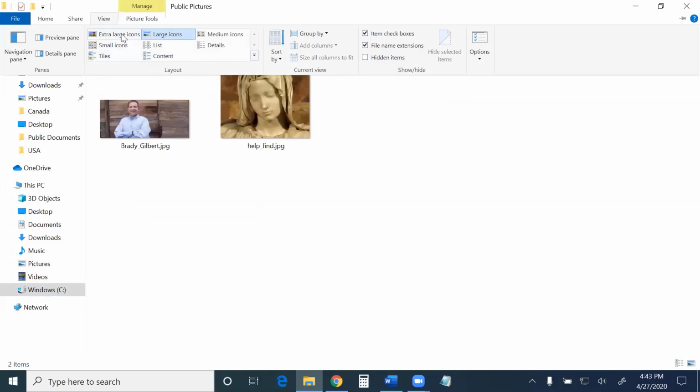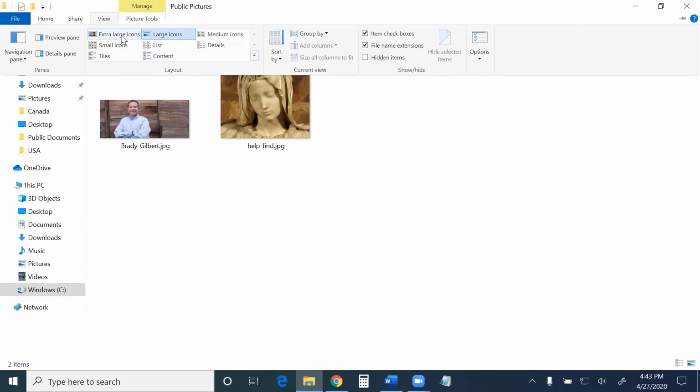If I go to extra large icons, it just makes those icons a little bit bigger. Now, when I only have a few pictures in a folder, this is very quick to do. If this were a folder that had thousands of pictures in it and this were a slow computer, then these thumbnails would take a little while to populate.